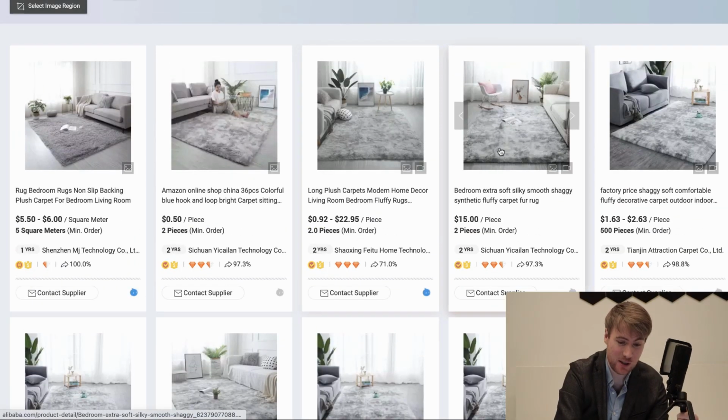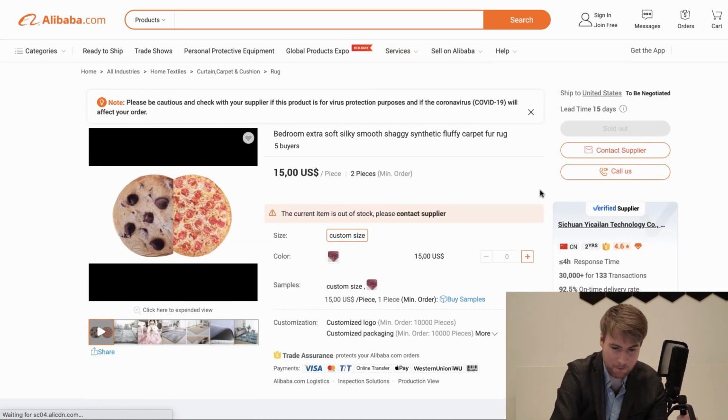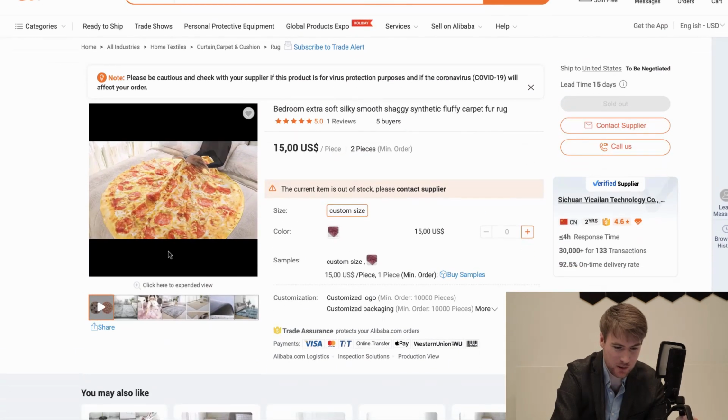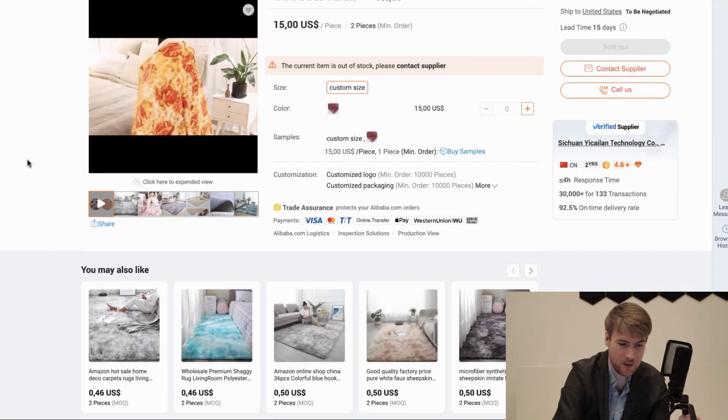If you click on the picture, it takes you straight to that listing of that product that you're looking at. There's a button here that says contact supplier, or you can even call them, and it gives you a little bit of information about them as well. Different types of payments they receive